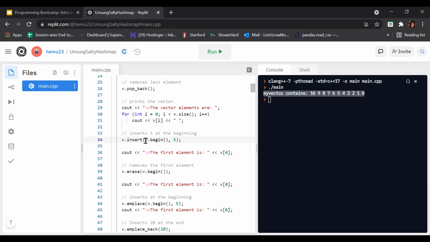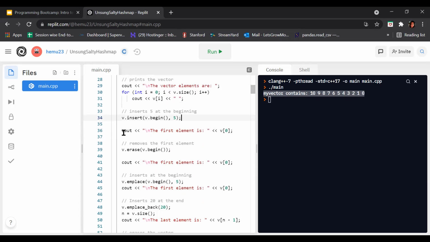This one you will learn in the iterator modifier. Begin is used to begin the vector. So we insert at the beginning. What is the statement saying here? If we say begin, we are using begin to mean insert at the beginning of the vector. And what is 5? It is the value to be inserted. So it is saying insert 5 at the beginning of the vector.